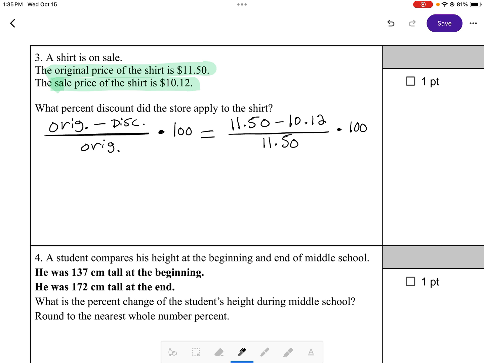Okay, so $11.50 minus $10.12. That gives me $1.38 divided by $11.50. And that gives me 0.12. And then finally, I need to multiply that by 100. And 0.12 times 100 gives me 12. So that's a 12% discount